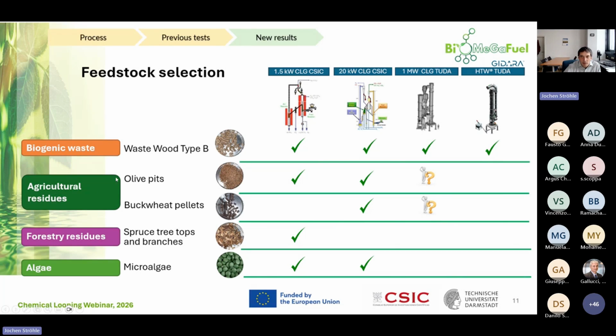Therefore we need this small scale test to de-risk the test in the 1 megawatt part, because here we have to convert quite large amounts, like 20 to 50 tons of this